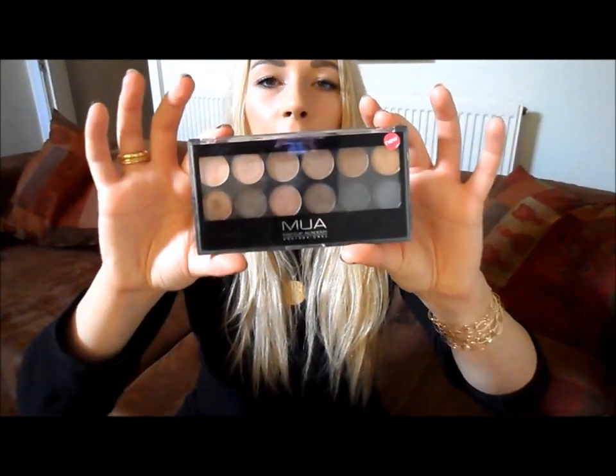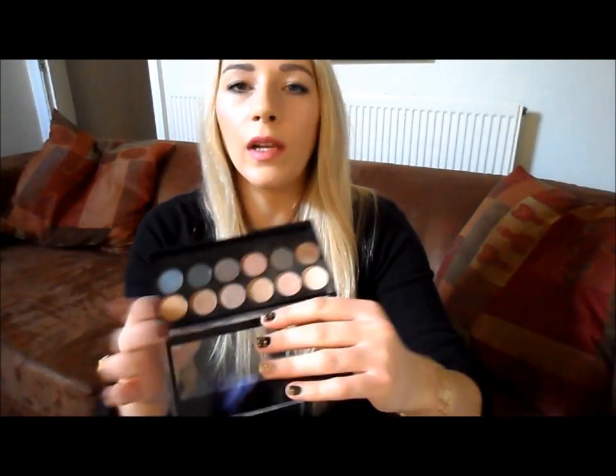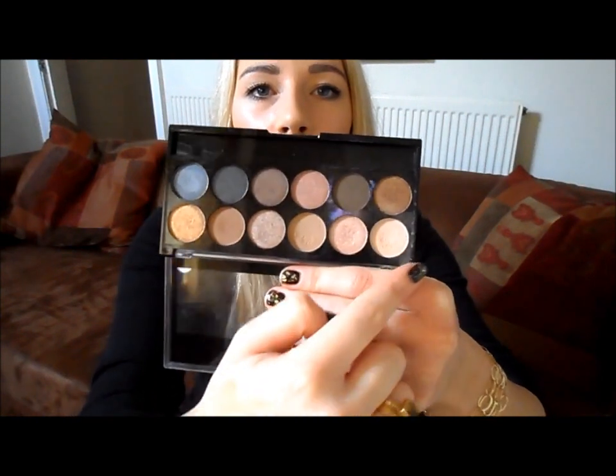The only eyeshadows I took with me were the MUA Undressed eyeshadow palette. I bought this not so long ago, and it's pretty much all I use every single day over all my high-end eyeshadows. The quality of the shadows is amazing. You get 12 colours for about £4 or so, and probably most days I reach for this one,